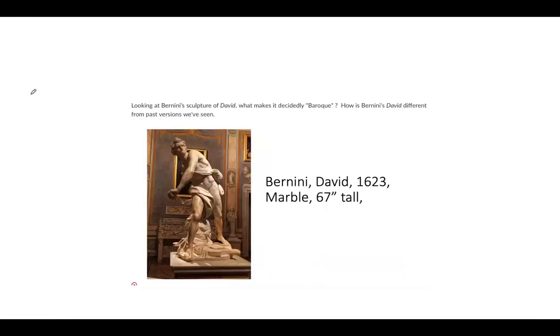So I talked about this one today, looking at Bernini's sculpture of David. What makes it decidedly Baroque? How is Bernini's David different from past versions we've seen? So yeah, talked about that today. Talk about the Counter-Reformation, dynamism, the height of the important action,